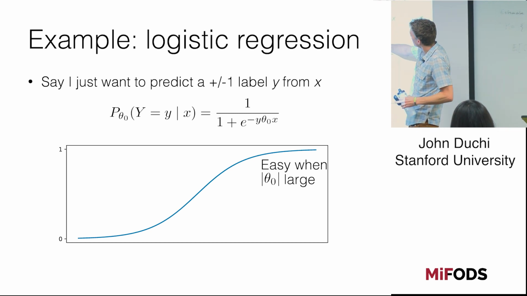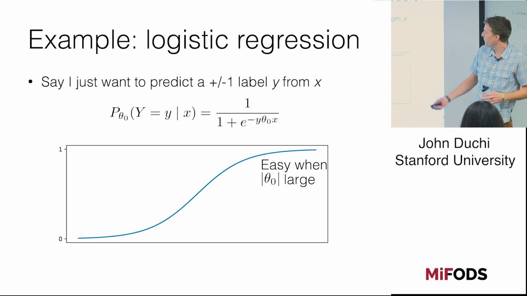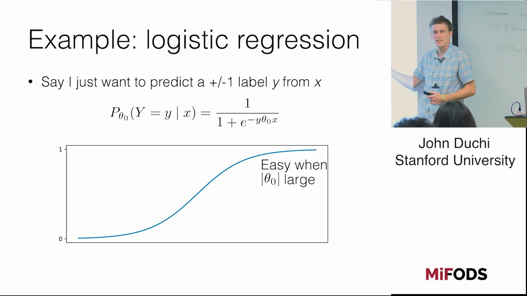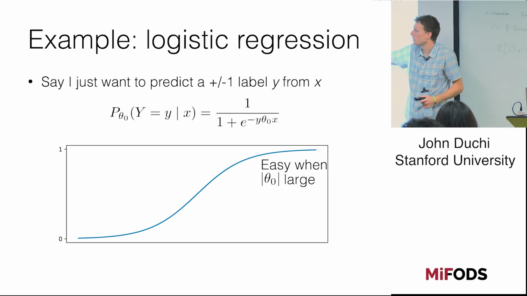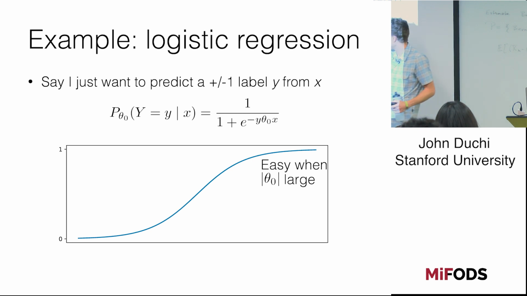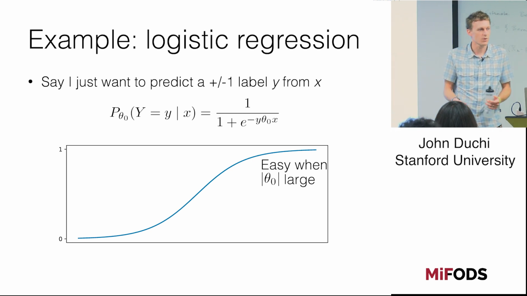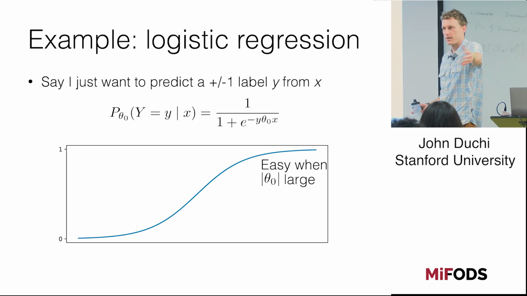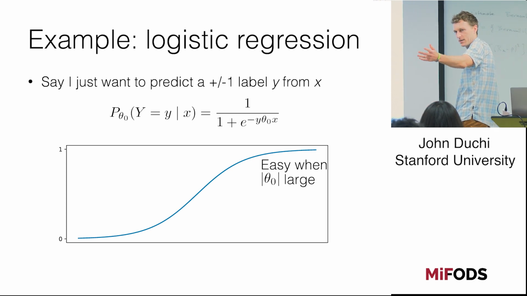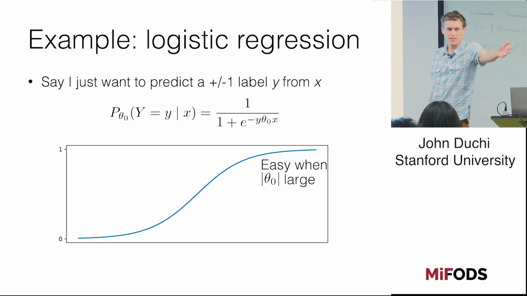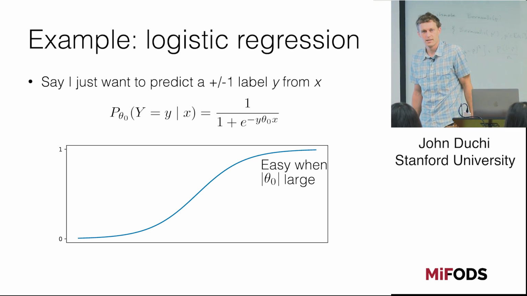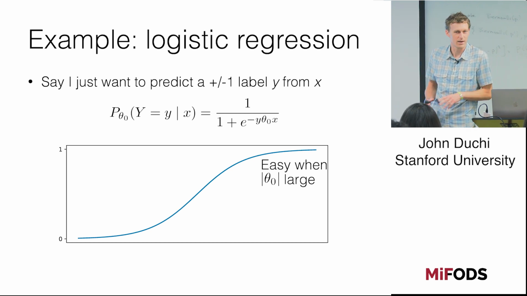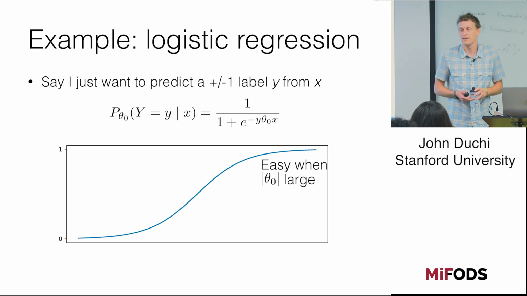So I have some parameter, the true parameter theta 0. The bigger theta 0 is, the easier the problem is, because if theta 0 has a large magnitude, this quantity will always be close to either 1 or 0. Super easy. So I just want to make predictions. I don't care about inferring the parameter because I'm a predictor. I just want to know, is Sasha going to click on this ad? That's all I want to know, because I want to sell him a coffee machine, because I know I'm going to make a lot of money when I sell him an espresso machine.